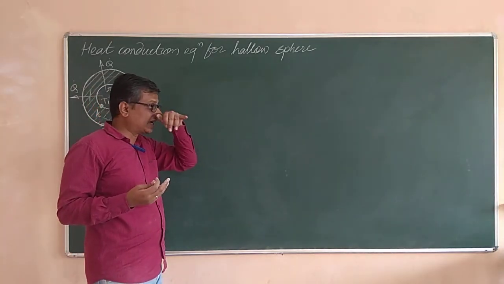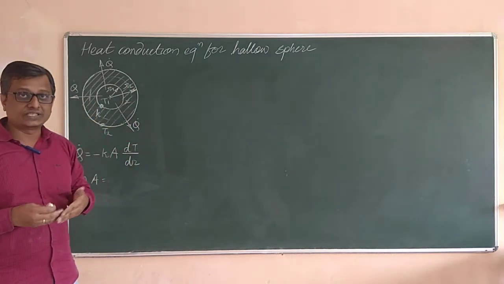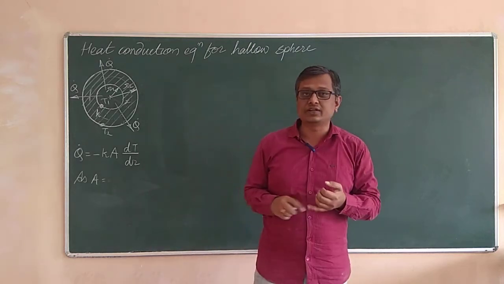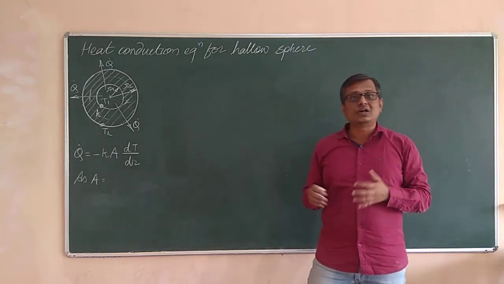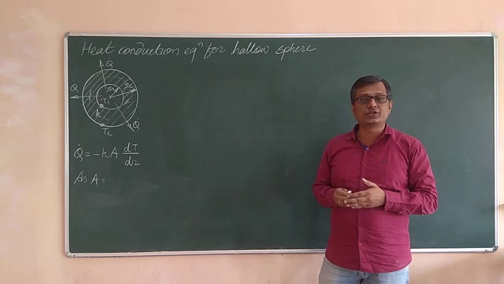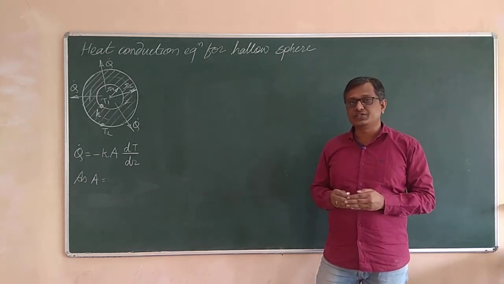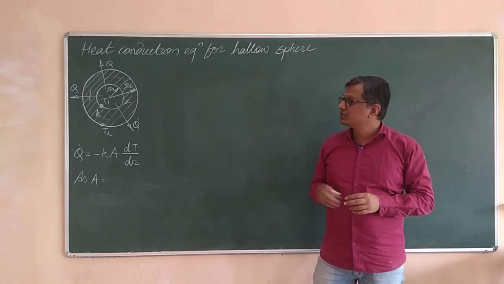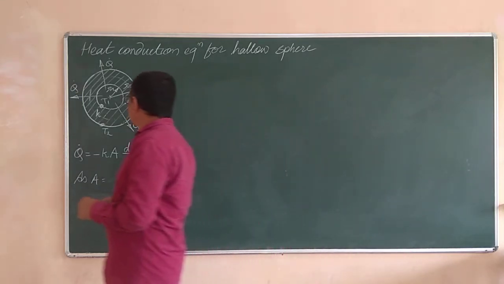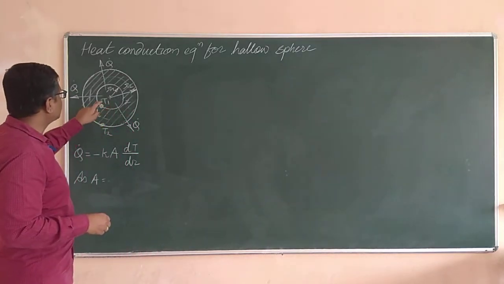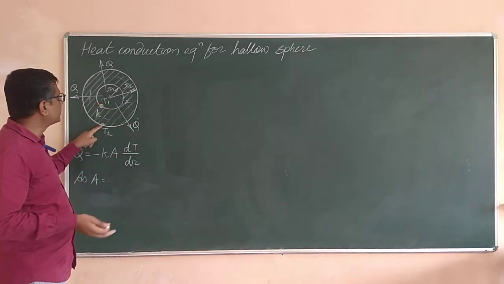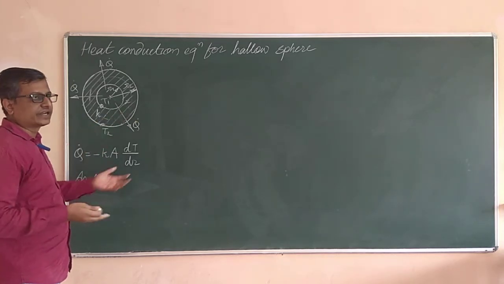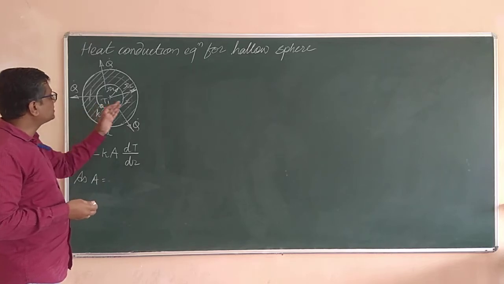By the way, I forgot to tell you about the expressions that we have seen till here in this lecture, that is the heat conduction equation for an infinite slab, then for a hollow cylinder. All these are cases belonging to no internal heat generation and under steady state condition. So I forgot to mention that. In this case also, under steady state condition, if the inner surface is maintained at temperature T1 and the outer surface at temperature T2, then the temperature gradient will exist only in the radial direction, since for the sphere every direction is a radial direction. So the heat transfer will take place in that direction only.